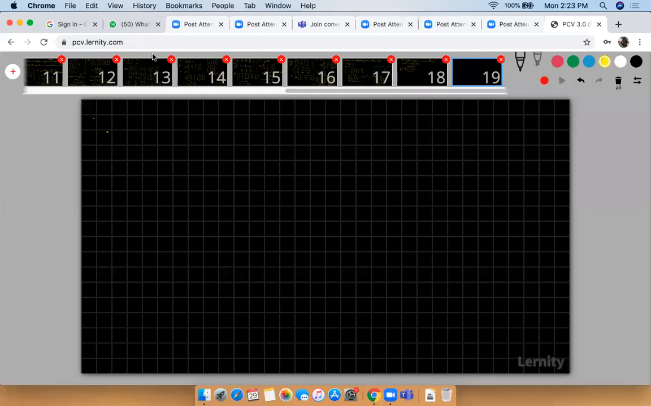In our previous class, we started the application of determinants and discussed a few problems. So today also we continue that. So the next problem is: solve